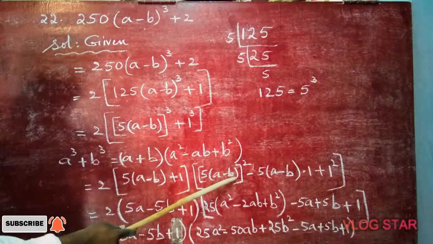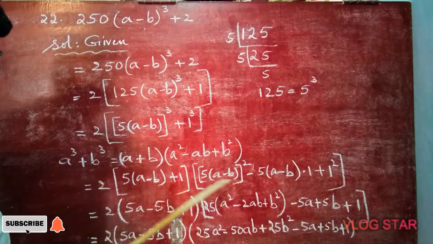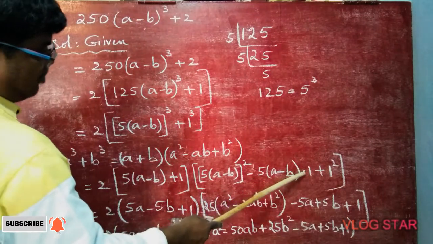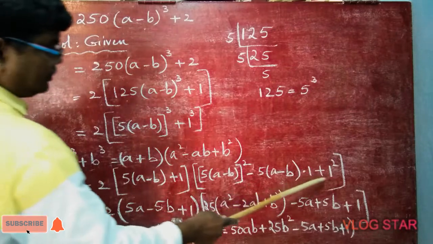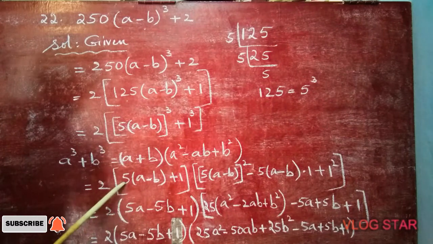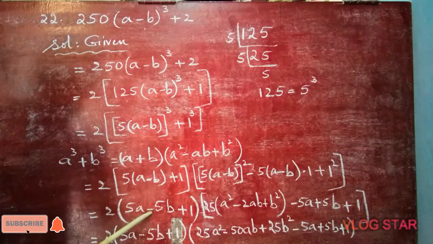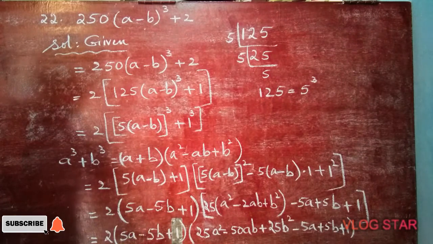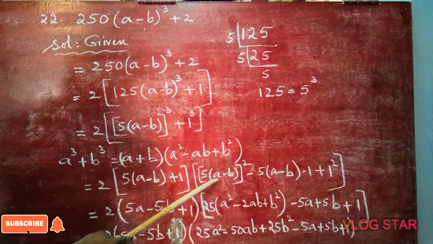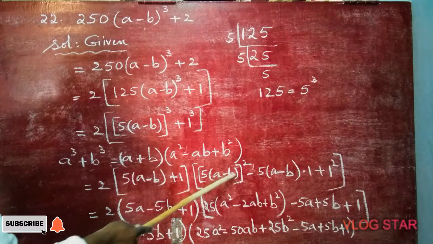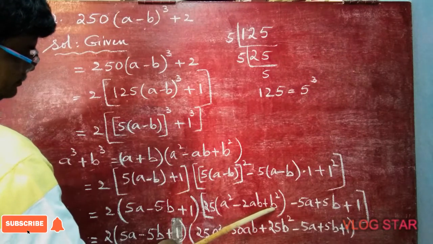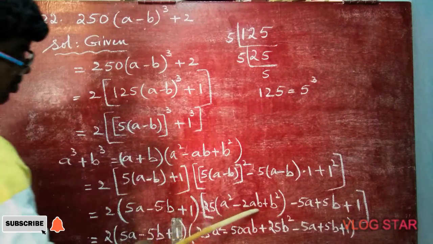So a square completed, minus ab, because here plus came, here comes minus ab. What is a? 5 into (a minus b). What is b? 1. So ab plus b square. b square means 1 square. Now 2 into 5a minus 5b plus 1. Now square is for 5 also, 5 5s are 25. 25 into, you know the formula of (a minus b) whole square. What is the formula for (a minus b) whole square? a square minus 2ab plus b square. Keep bracket because this 25 is for all these.